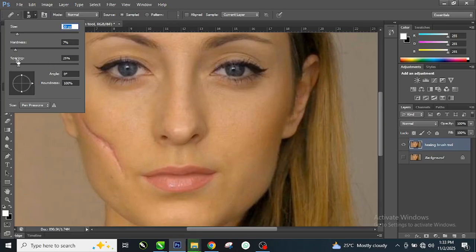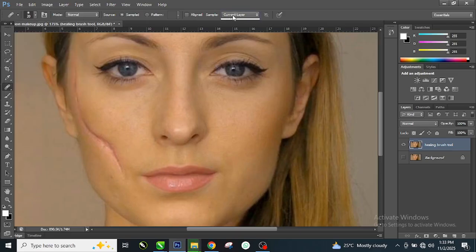So the hardness can be 7. The spacing doesn't really matter, just leave it like that. And we are working on the current layer, so this is fine. Sample. So now once you have it all set up like this, the next thing you are going to do,